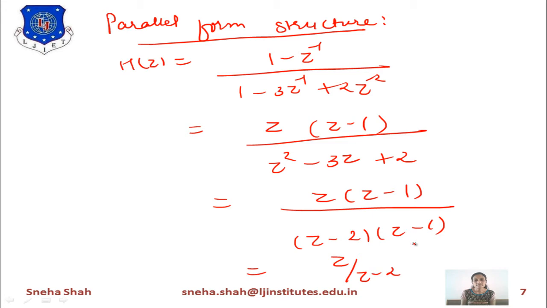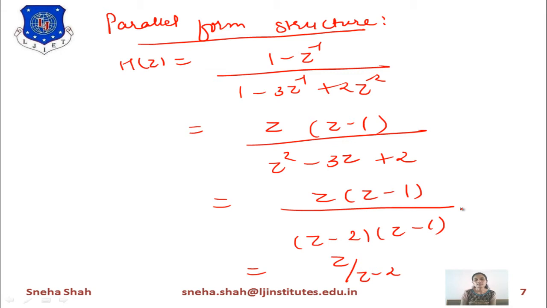If the factor can't be cancelled, for example if I give this term a plus sign, what will change? First you have to find h of z divided by z, so z goes over here. There will be two parts, so you use the partial fraction expansion method: a upon the first factor plus b upon the second factor. Then find the values of a and b and put them in. The first term represents h1 of z and the second term represents h2 of z. The summation of h1 of z with h2 of z gives the final answer h of z.